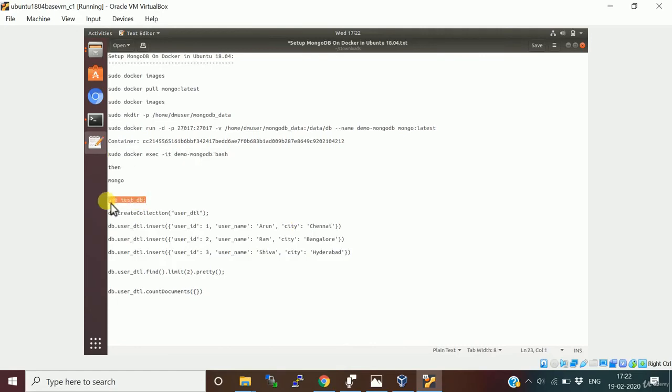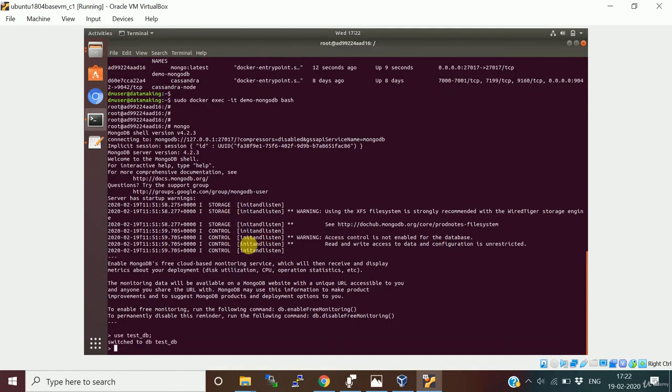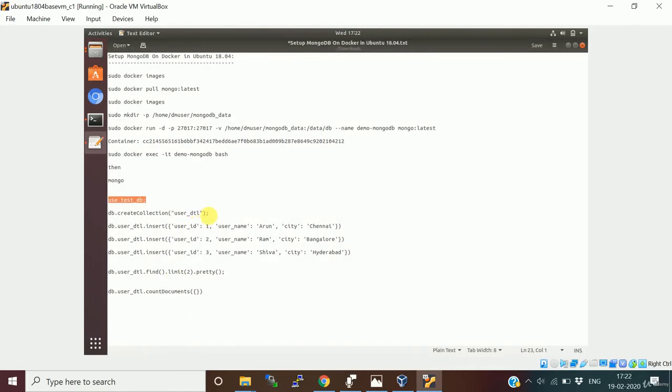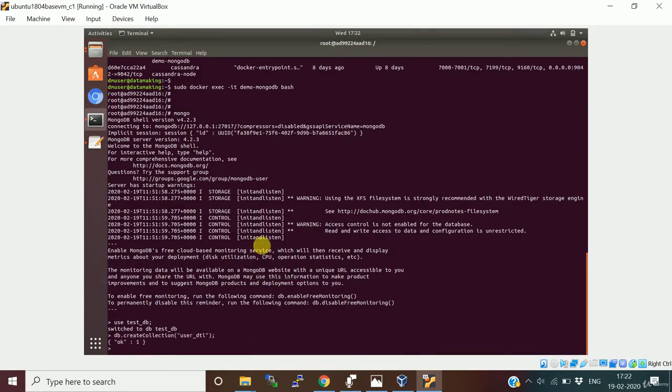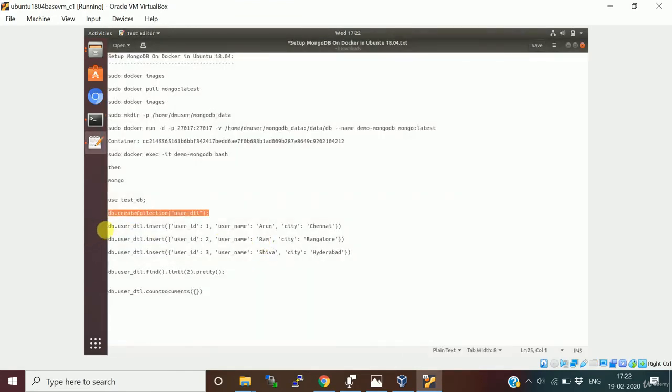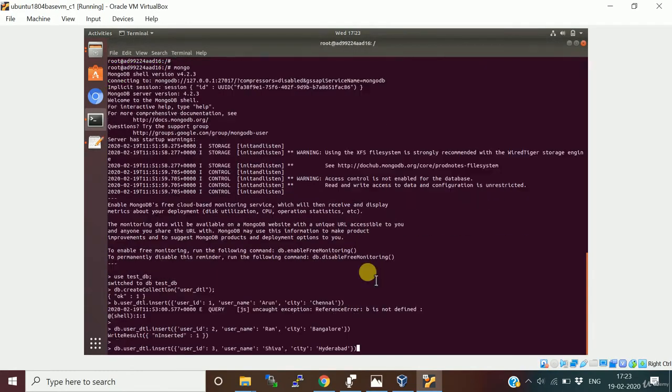I'm creating a database called testdb, and then I create a collection, db.createCollection of user detail. Okay, so it's created. I put some sample documents into this collection, which is the user detail collection.